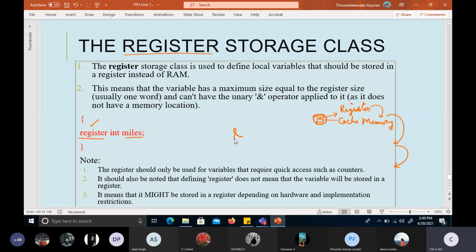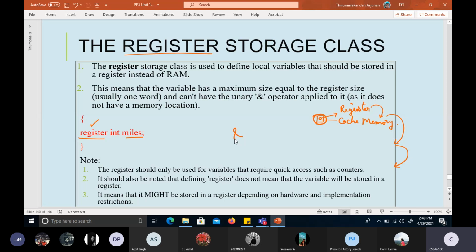Because this is stored in a very sensitive area, the processor. Accessing the memory of a processor is a violation of its memory architecture. A processor will not reveal its memory to anybody, so we should not use the ampersand operator.